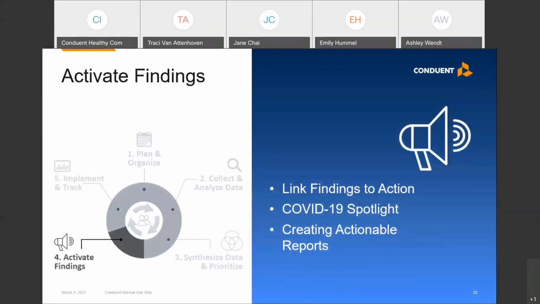So in this section, we're going to briefly cover linking your findings to action, share lessons learned from COVID-19, and talk about creating actionable reports. So linking your assessment findings to action is, from my perspective, the most critical component.